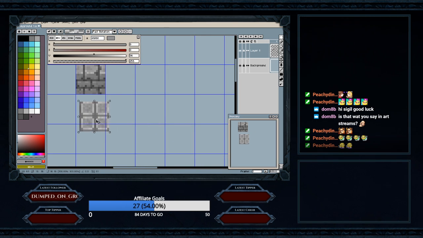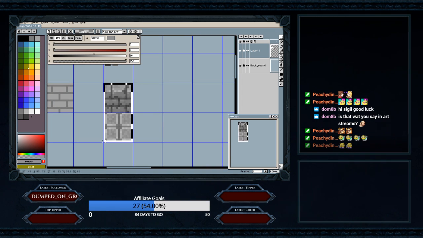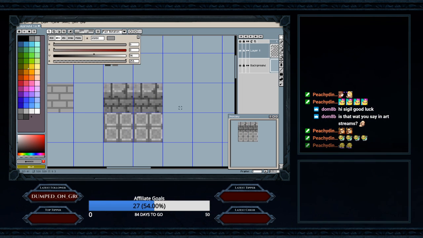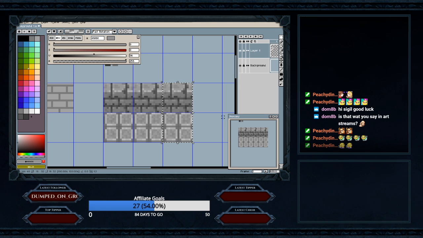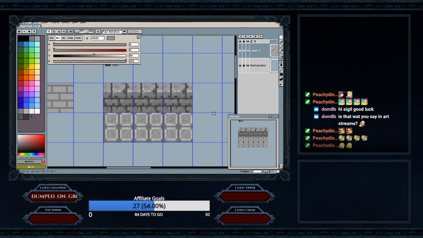So let's get a hallway going. We have that. I think that looks pretty good, actually. Oh, that's a happy accident right there. You see how the lines here from the bricks touch the tile and it's directly in the middle? That was entirely on accident. Which, in fact, kind of makes it look like...